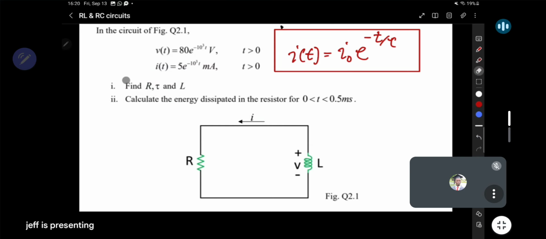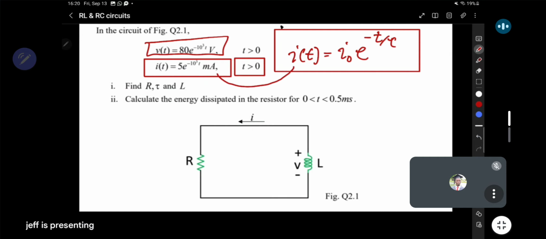So when you look at the values they've given us here, clearly for an inductor, we note that the natural response is not in terms of this. The one we derived is in the form of current. And since this expression does not just say what the current is at a specific time, it actually tells us what the current is at any time t greater than 0, meaning that this was actually describing the natural response from the inductor, implying that when we compare the two expressions, you should be able to